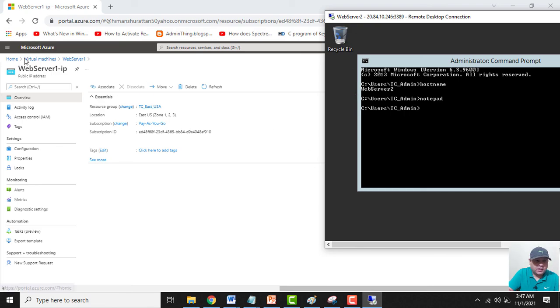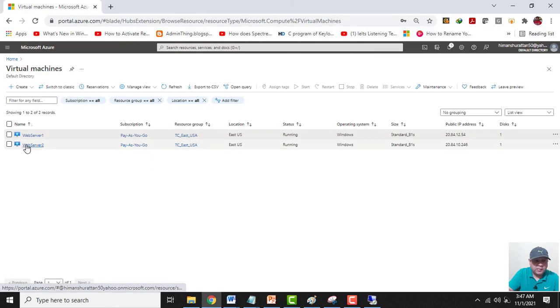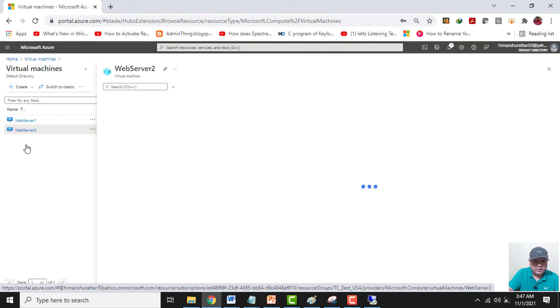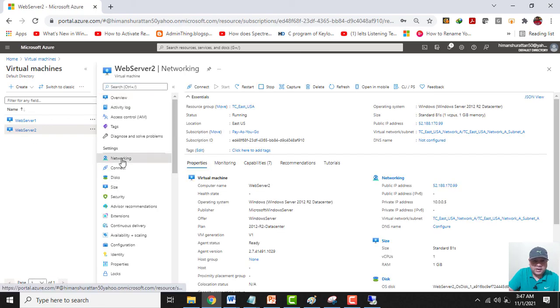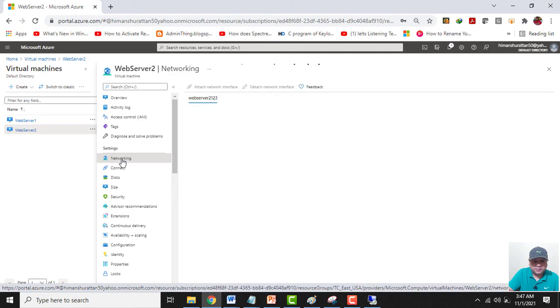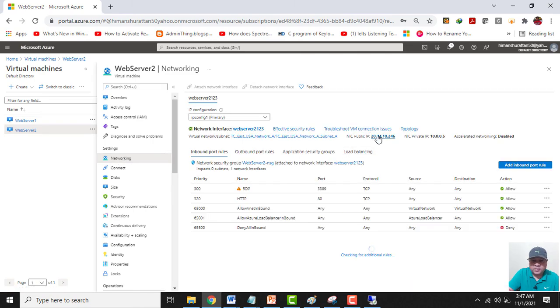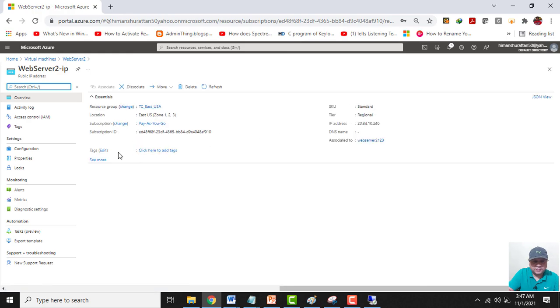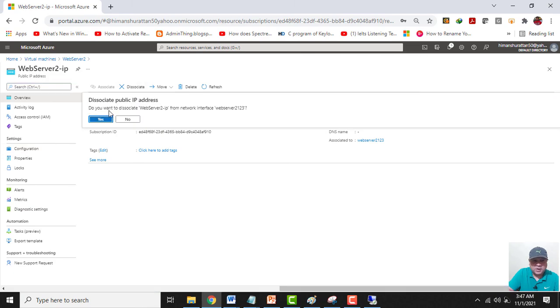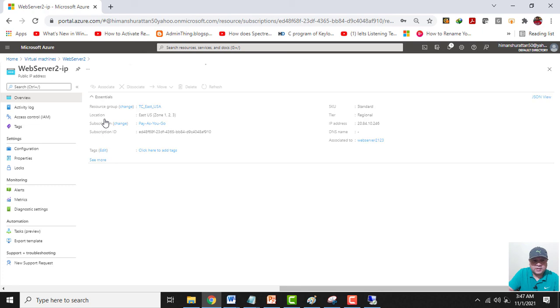Now in a similar way, I will be disabling the public IP address of this web server too. Click on networking. Select the public IP address. And I will click on disassociate. Disassociate public IP address, click on yes.